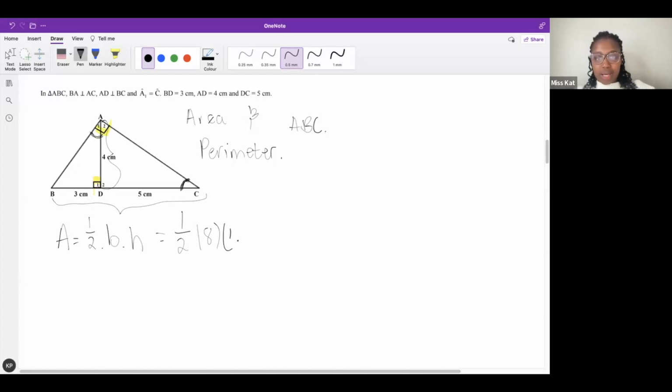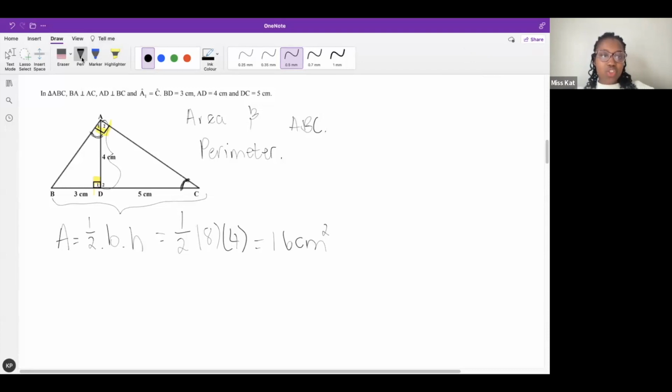My perpendicular height is 4. Okay, so what is half times 8 times 4? Oh, I forgot to say we have to have our calculators today, but you can do this without a calculator, guys. Half times 8 times 4 is 16 centimeters squared because it's area. Area is pretty easy, right? Now I want perimeter of